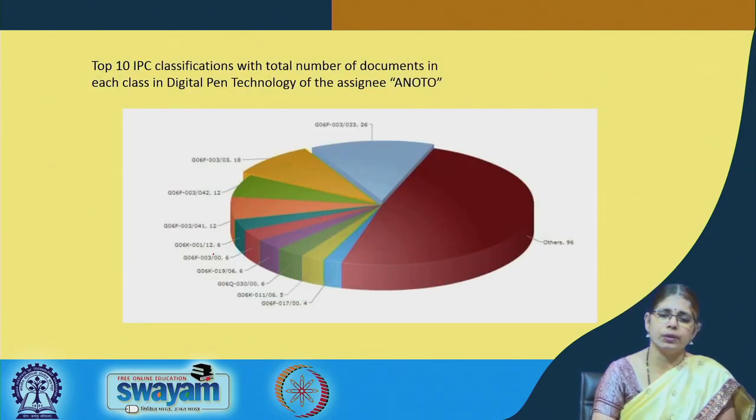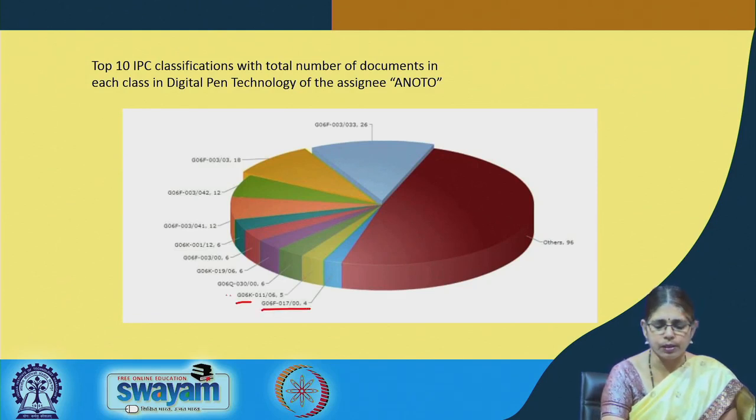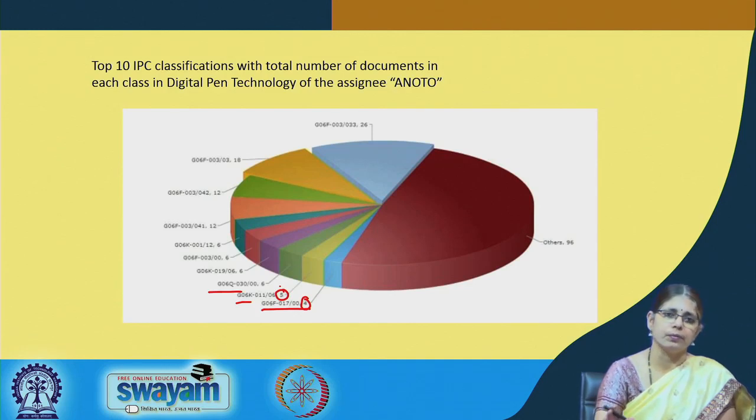In this illustration, we are looking at the aspect of what are the different IPC codes in which these patents are classified. The major class is the G class in this particular case, where we are looking at the analysis in relation to the digital pens, and among the different subclasses you can see the spread of patents, which is shown in the numbers just beside the IPC code. And other relevant IPCs are classified into a separate category, which is others.